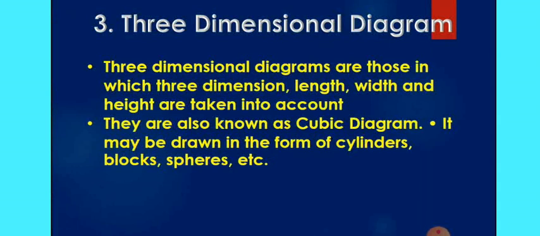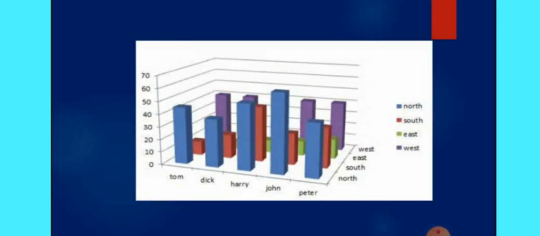It is known as a cubic diagram, and it may be drawn in the form of a cylinder, block, sphere, etc. So the examples of three-dimensional diagrams are nothing but cylinder, block, sphere, cubic, and cuboid. This is all an example of a three-dimensional diagram. And let's see the example. See the picture of the